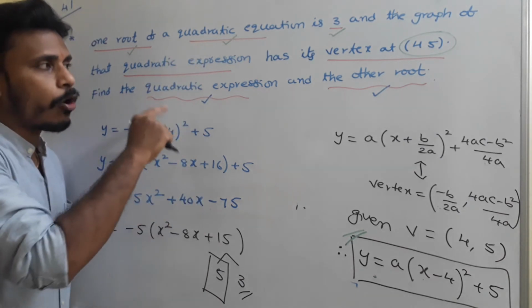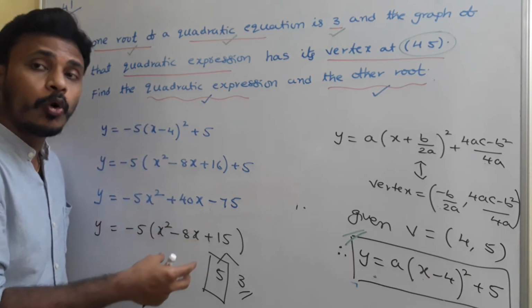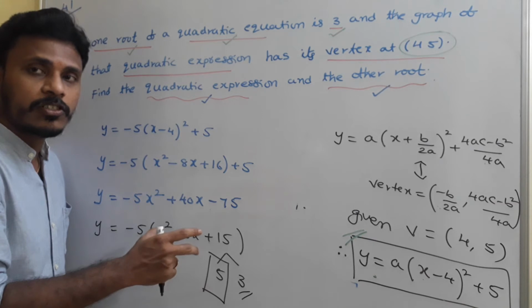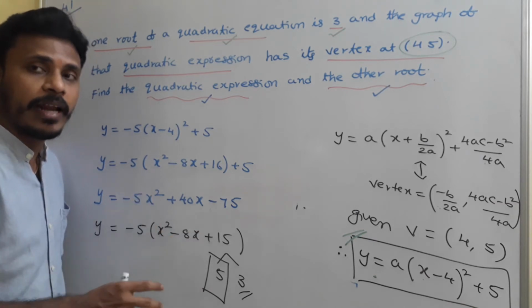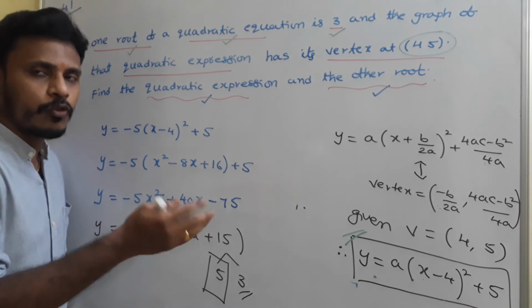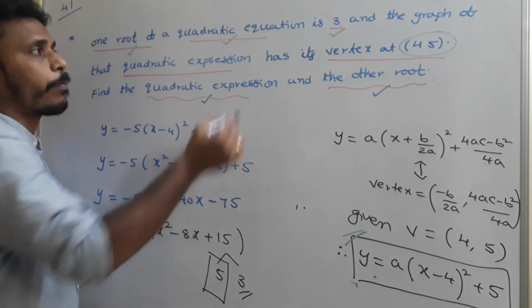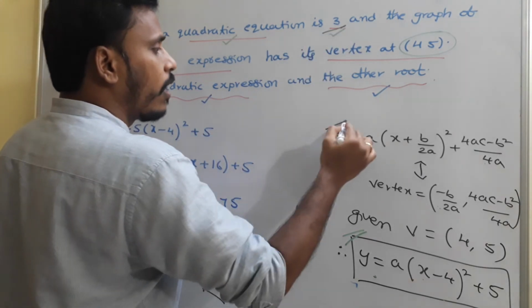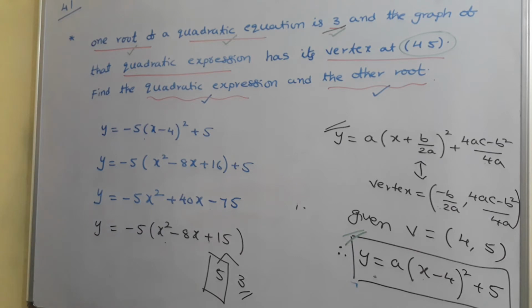Okay, see, we solved the problem by analyzing the graph, but there is no need to sketch the graph for this type of problem. We analyze and solve from the graph, but no need to sketch. If you need it, go with a rough sketch also, no problem. So we used the point (3, 0) and the vertex form. From there, this is the expression. At the end, your answer is that 3 is one root and the other root is 5. Okay, have a look.